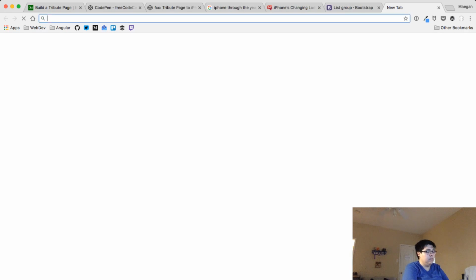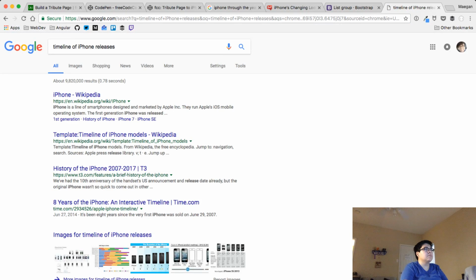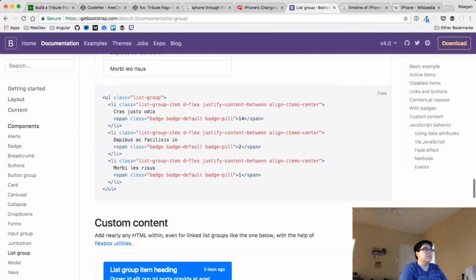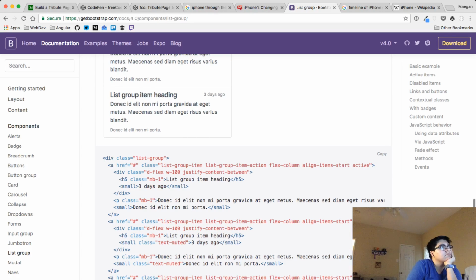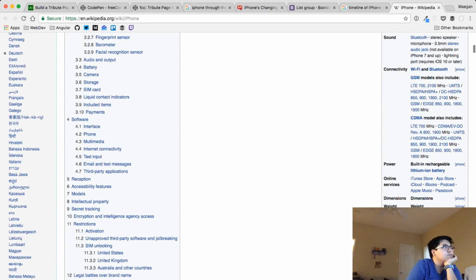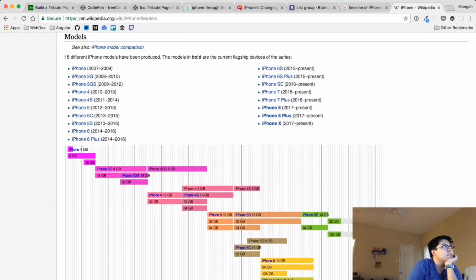Okay, so let's do your timeline of releases. There has to be a timeline somewhere. Good old Wikipedia, I'm sure, has one. iPhone models. So in 2007,